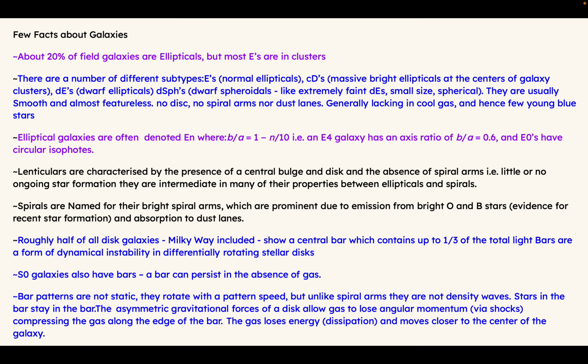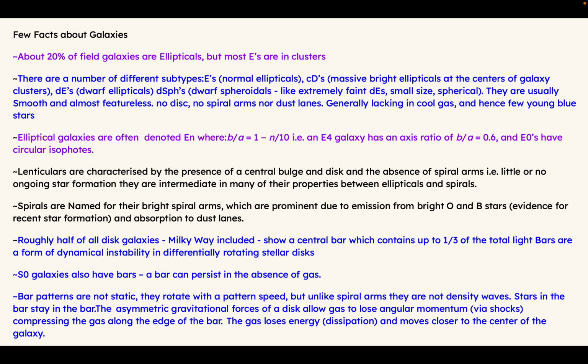Now we discussed a few facts about galaxies, that ellipticals are mostly found in clusters. Ellipticals are subdivided according to their b by a axis ratio sometimes, and also due to their properties. There are different subtypes of ellipticals such as normal ellipticals, massive bright ellipticals,